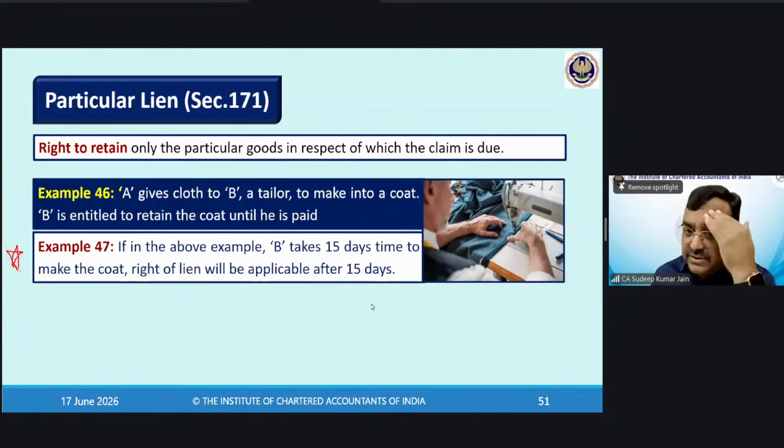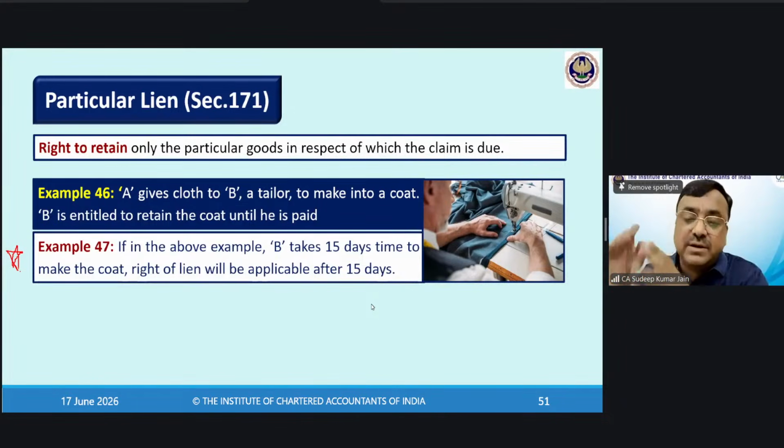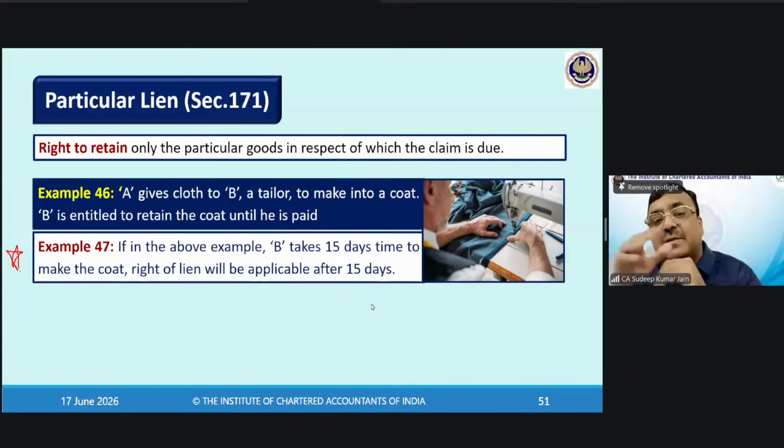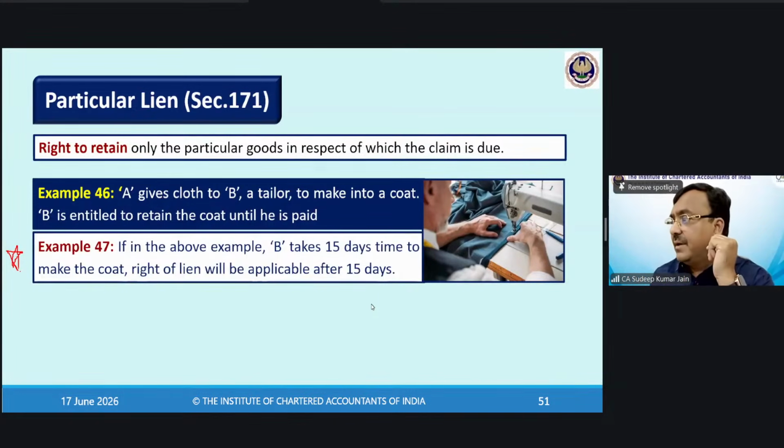एग्जाम्पल 31 आपने शायद पढ़ा नहीं है, इसमें क्लियर लिखा हुआ है कि गेहूं दिया आपको डिलीवर करने के लिए, उसने अपने वीट से मिक्स कर दिया, तो वो सेपरेट नहीं हो सकता ना, तो लॉस माना जाए, कॉम्पनसेशन देना पड़ेगा। 32 में क्या था, आपने किताब दी फ्रेंड को पढ़ने के लिए, बंदर ले गया, आपने टाइम पे नहीं लौटाई, तो आप लाइबल होंगे कॉम्पनसेशन देने के लिए।